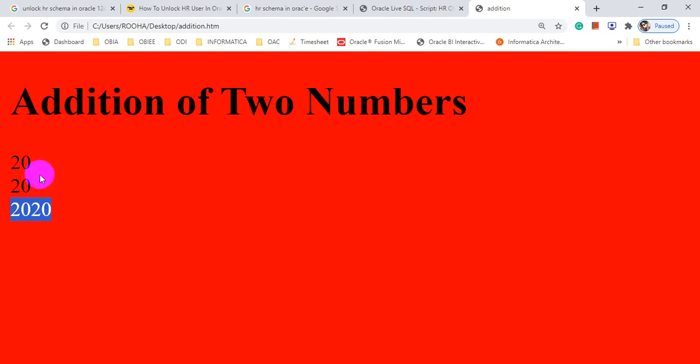So if you say 20 plus 20, if it will be performing addition, your output could be 40, but right now you are getting output as a 20 20. So there is a concatenation is going on. So we have learned a function which is used to convert your string into integer. There is a function in JavaScript and it is a built-in function which convert your string into integer or number. That function is called as a parseInt function. So we have to use parseInt function to achieve our objective.